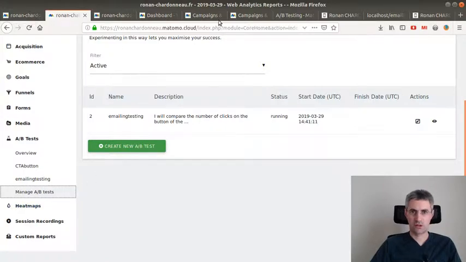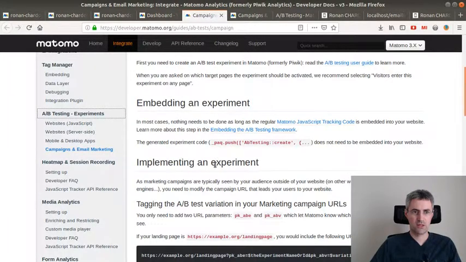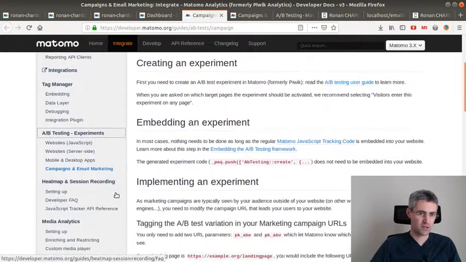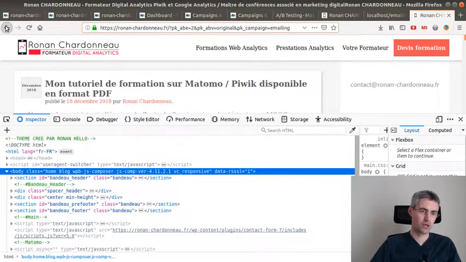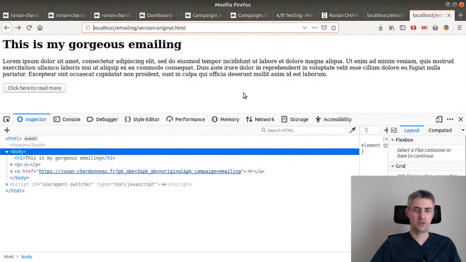This is, as I explained before, the easiest A/B testing of those 4. Probably in the next video, I will show the one about JavaScript, how you can modify and test some part of your website in order to see if it converts more or not. In my case, the example I just showed you today was the one of an external communication that you want to test as an A/B test.